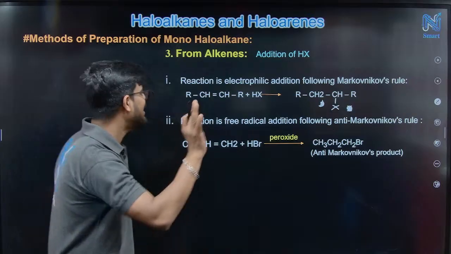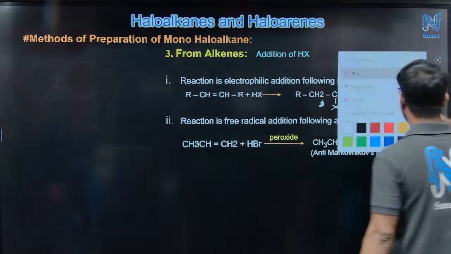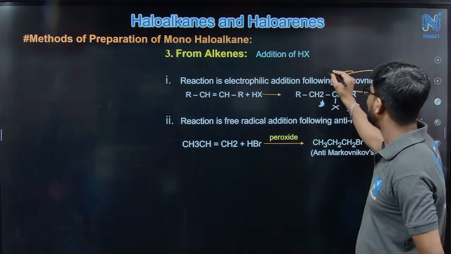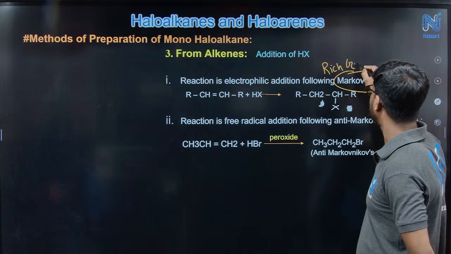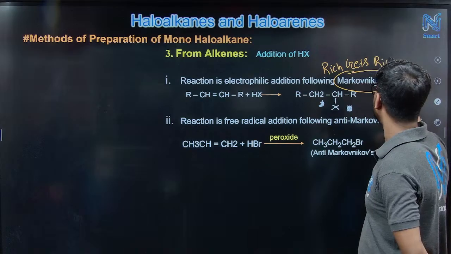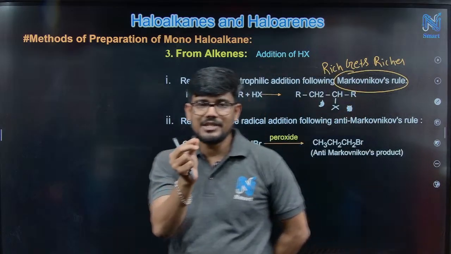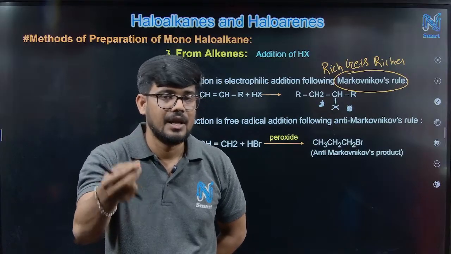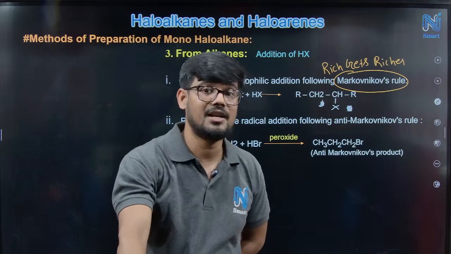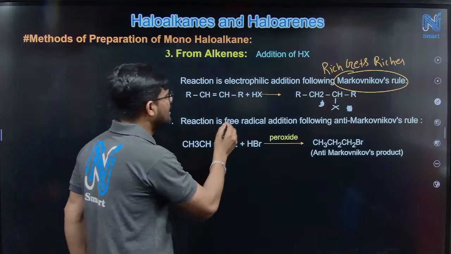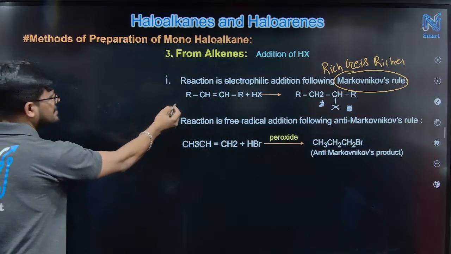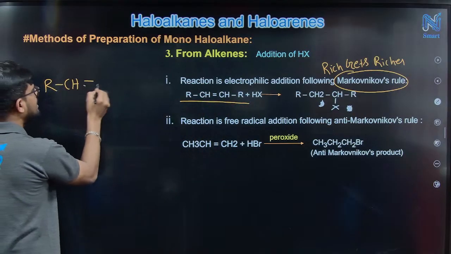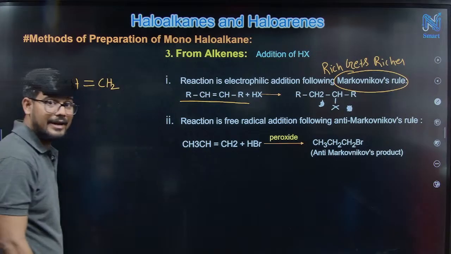What does it say? Remember one thing, in the case of Markovnikov's rule, one trick is there. How will we remember? Markovnikov rule means rich gets richer. If a carbon is having the maximum number of hydrogens, after the reaction it will get some more additional hydrogen. Here I'm giving one example, since the earlier one is symmetrical, we will not understand it that way. Just check this one, R-CH double bond CH2, correct? Now if we add HX,